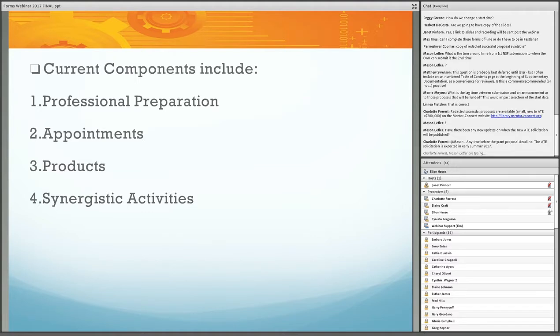Synergistic activities, so a list of up to 5 activities that demonstrate the broader impact of the individual's professional and or scholarly activities as it relates to the program activities being suggested by the proposal. So this is the place to demonstrate the skills and assets that the individual holds. Some examples of things you might include in this category are innovations in teaching and training, such as development of curricular models, broadening the participation of groups underrepresented in STEM, or service to the scientific and engineering community outside of